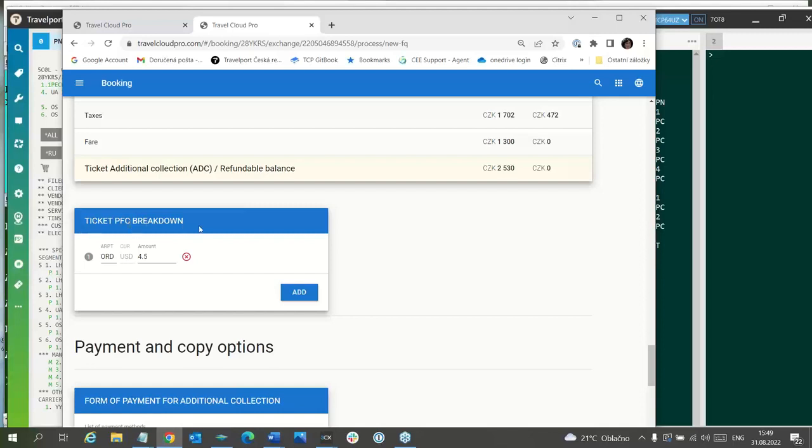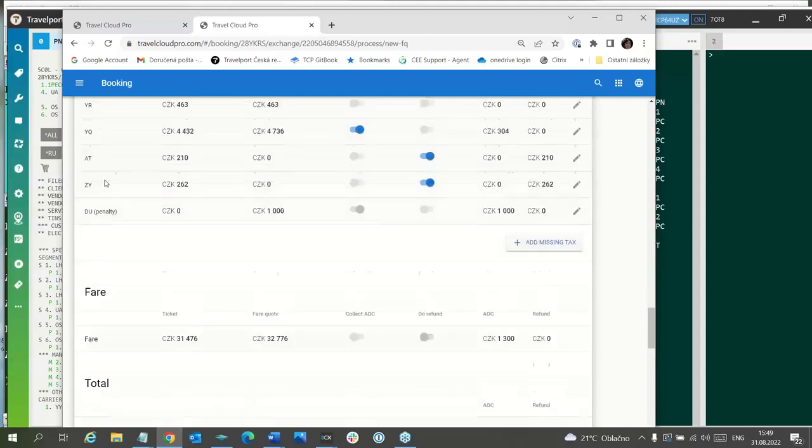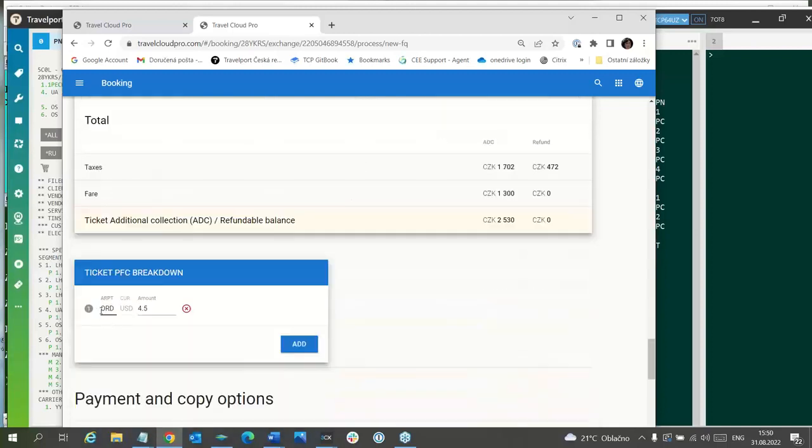Here is the ticket PFC breakdown, because it is a ticket to USA and there is this XF tax. So always when you have XF tax, you must enter also the airport code and the amount in USD.